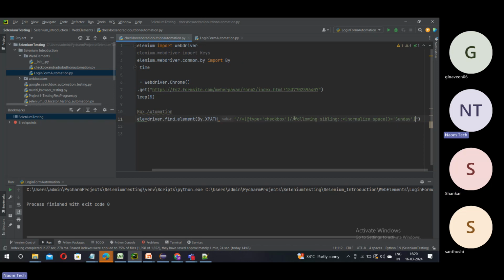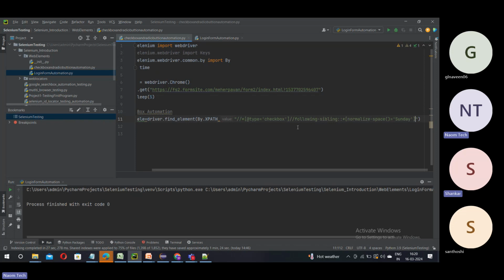Maybe for Shankar and Santoshi, if you are creating a pattern with one tag before, one tag after, there is something in Selenium, what is it? Following siblings or preceding siblings or child or parent. So this helps traversing between tags in a dynamic way. That's what we have created here. I hope you understood this. If you don't understand, nothing to worry. What you can do,